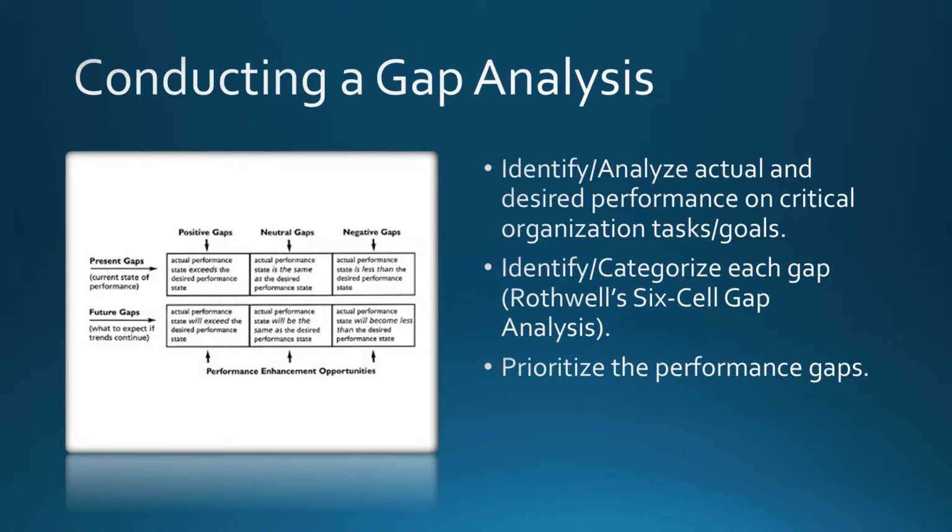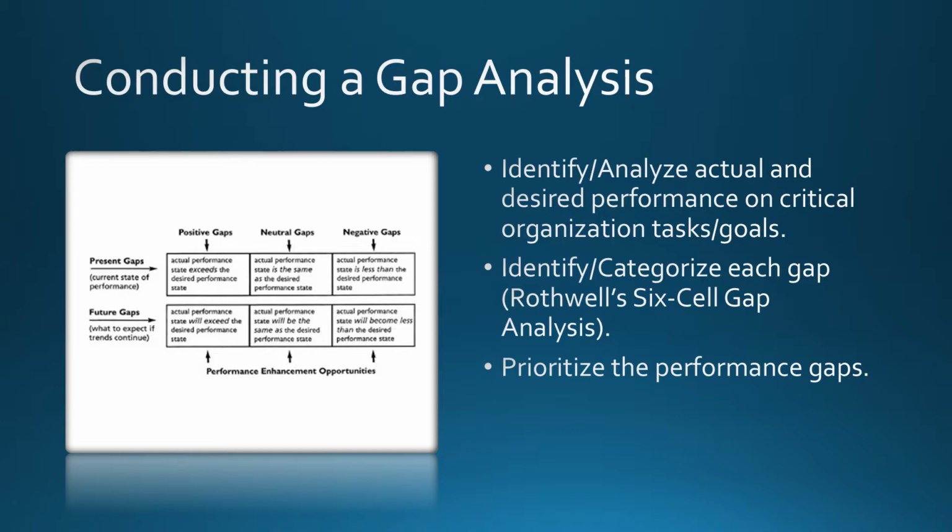As outlined on page 158 in Chapter 7, the steps for completing a gap analysis are fairly simple. First, you need to articulate what is actual performance and what should be desired performance in your organization on tasks and outcomes that are critical to success. Then